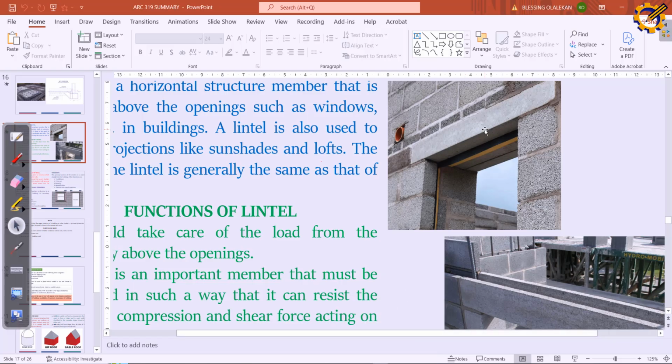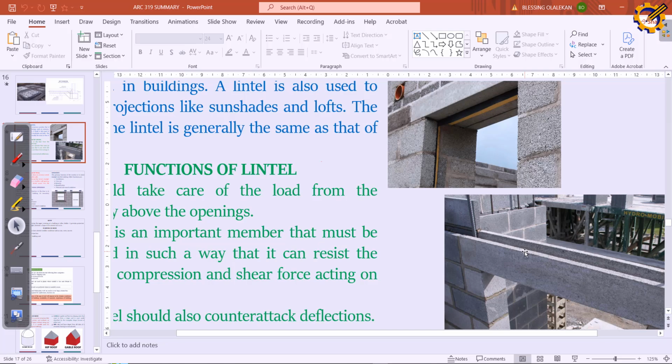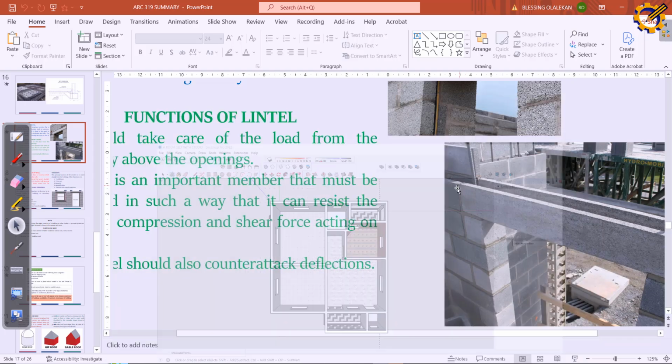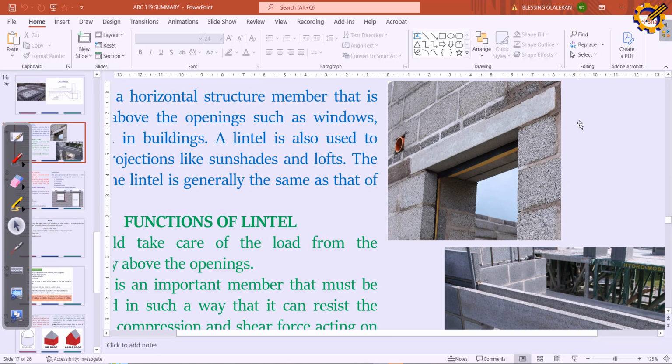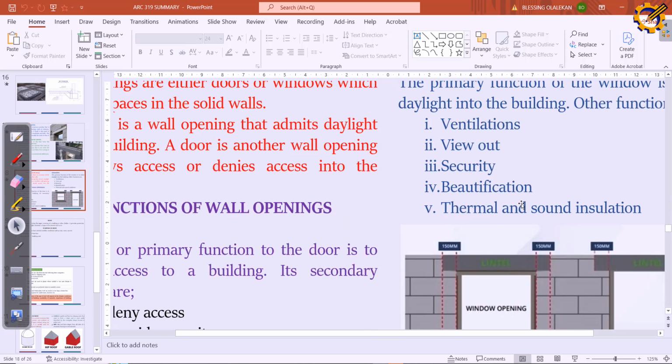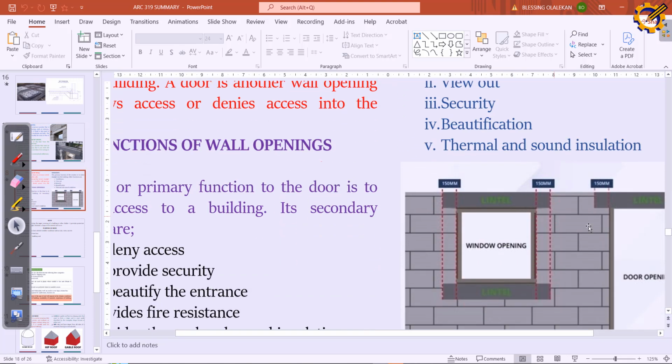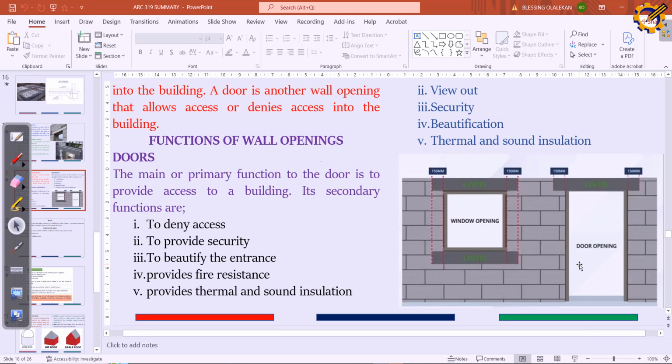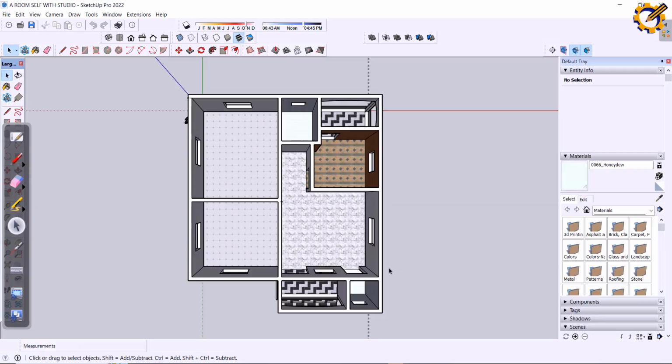So this is a lintel, and this is the formwork they are actually doing. So this is a lintel sitting. A lintel is usually above a window and door, and thank God we see a pictorial of this. This door open, this window open, lintel above it. But now for cases such as this,